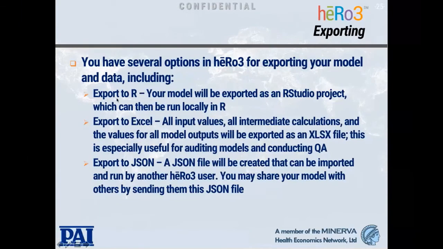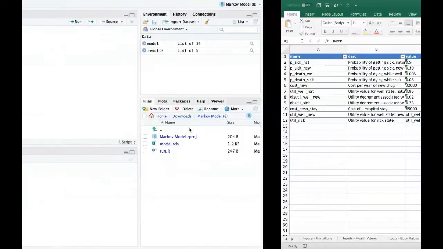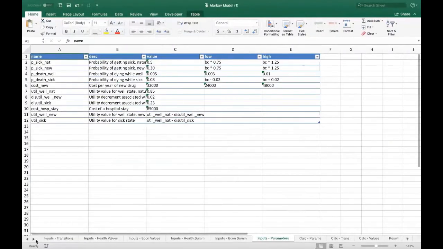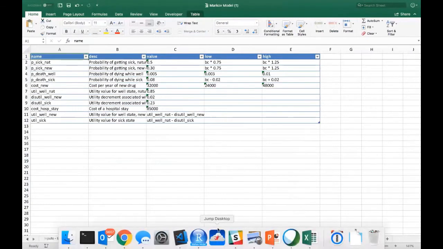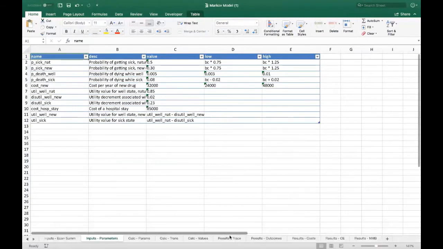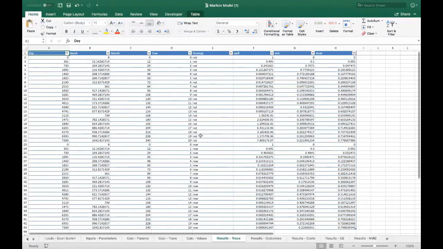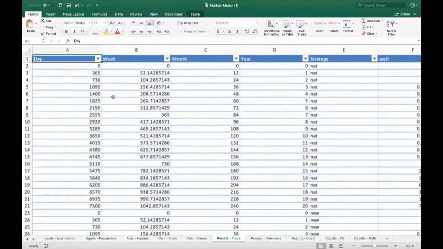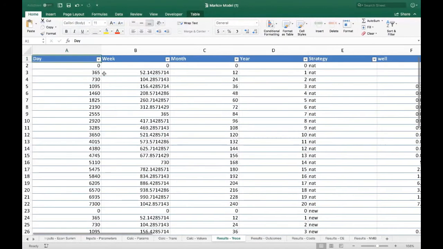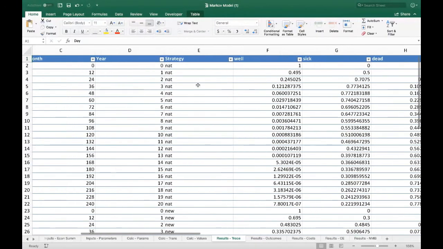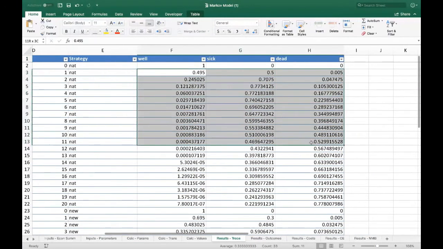Okay, so those are the two additional export options. You can export to R and export to Excel, and we've already covered exporting to JSON. Actually, just one more thing about the export to Excel. In addition to exporting the inputs, this will also export all the results and calculated values. For example, you can see here that the trace results are exported. So this shows for each model cycle, for each strategy, the probability of being in the different states at full precision.